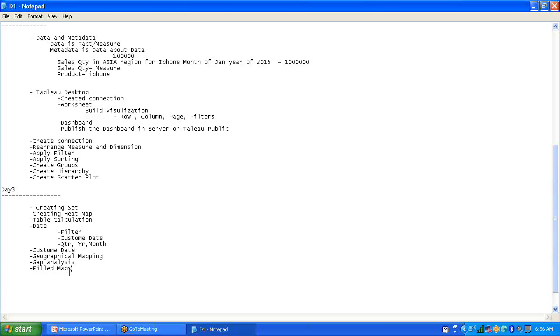Which one will be on the row, which one will be on the column? So the two measures were longitude and latitude, and you have to pull the longitude into the column, and latitude onto the row. Okay,